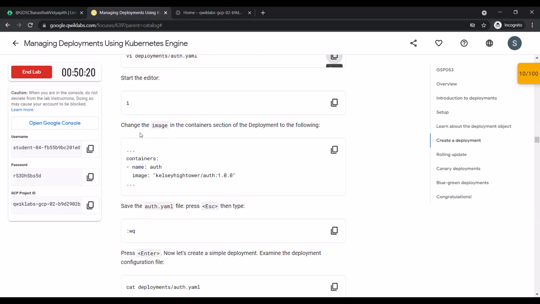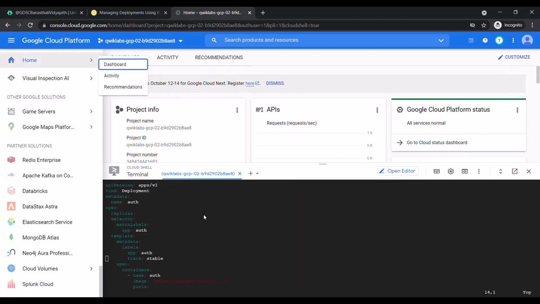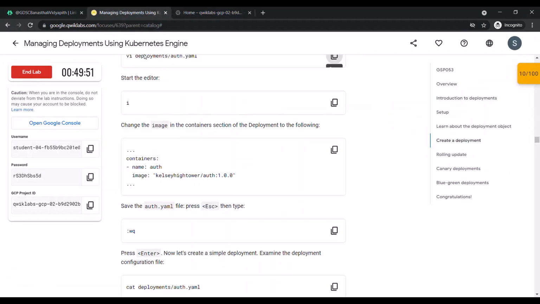Now we need to change the image in the container section of the deployment to the following. So let's see what's there. Okay, so here I'll start the editor by pressing I. So it says insert. Now we see that the image has 2.0.0. So we're going to edit it to 1.0.0.